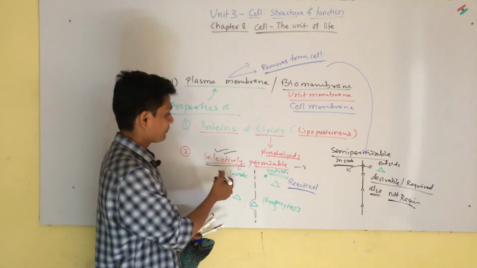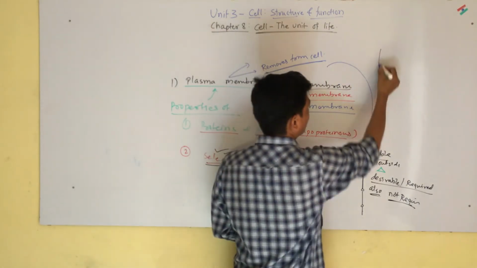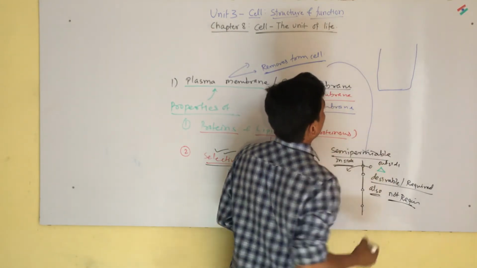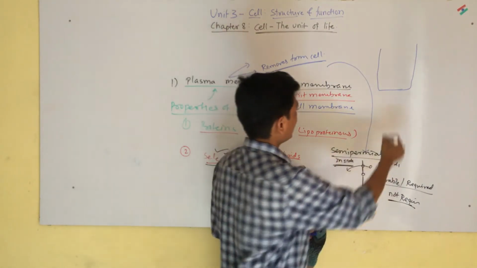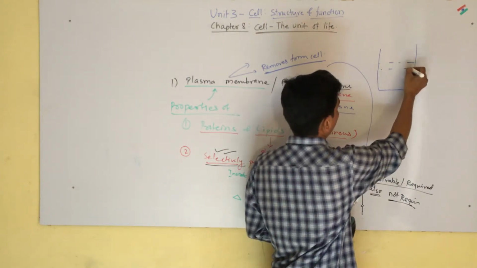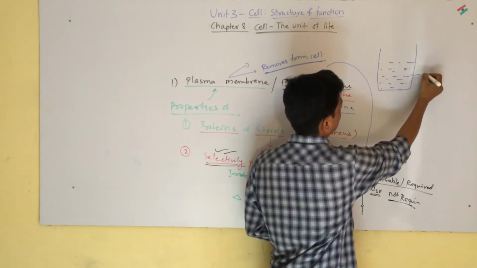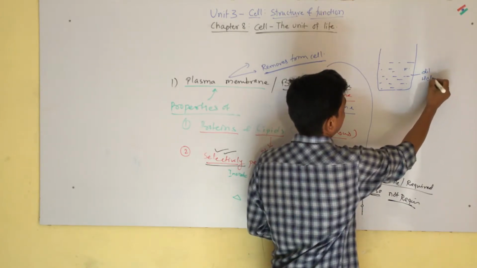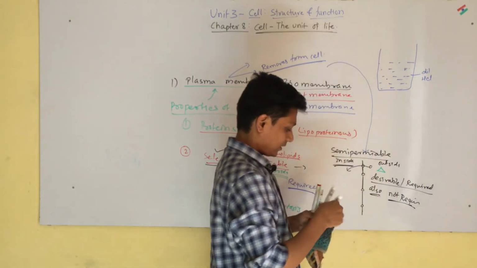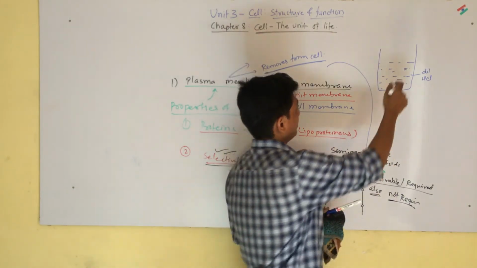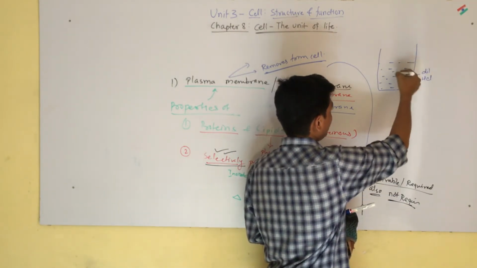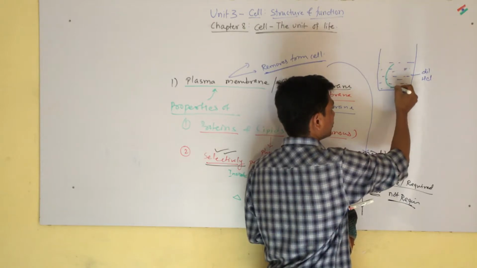Okay, means suppose this is one beaker, in that beaker dilute HCl is there, this is dilute HCl, and in that solution I put an egg